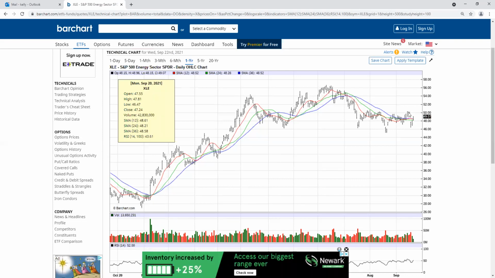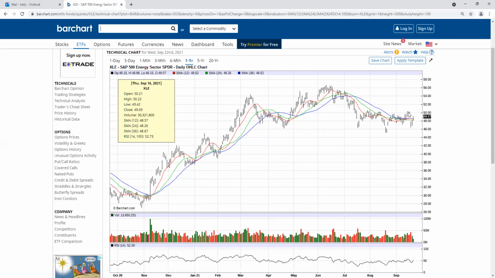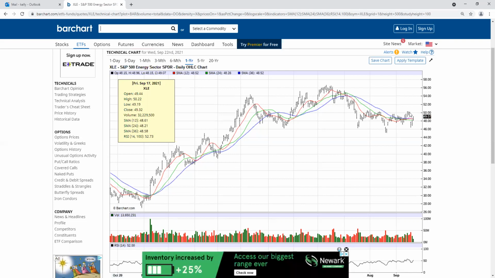It definitely stopped everybody out, and it definitely got everybody negative again. But all it really did was fill that gap. And now it filled this gap. So now it's crunch time. Realistically, you want to start seeing prints above 50. You start seeing prints above 50, then I think you've got a lot of evidence that this thing is going to go.